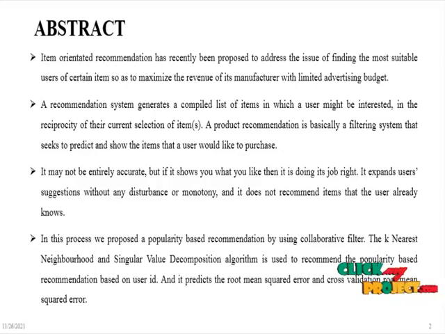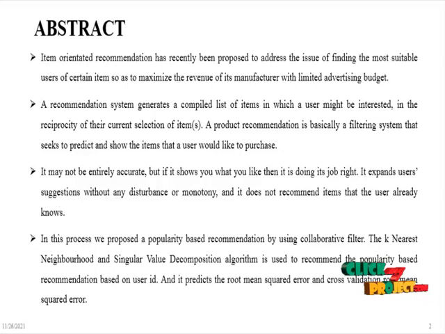A recommendation system generates a compiled list of items in which a user might be interested in the reciprocity of their current selection of items. A product recommendation is basically a filtering system that seeks to predict and show the item that a user would like to purchase. It may not be entirely accurate, but if it shows you what you like, then it is doing its job right. It expands user suggestion with any disturbance of monotony, and it does not recommend items that